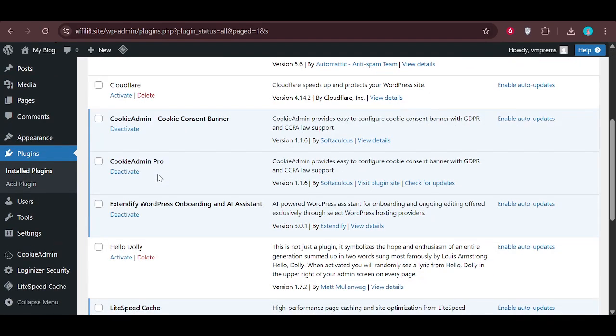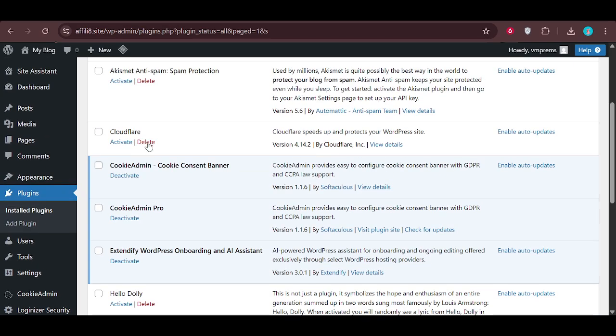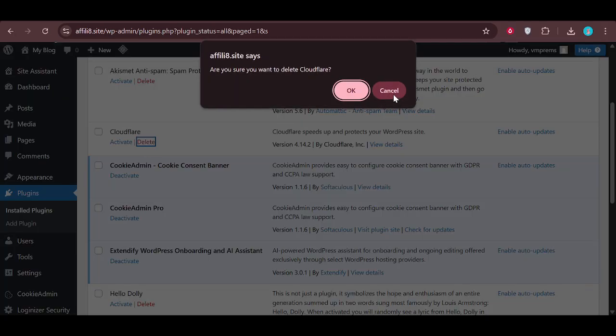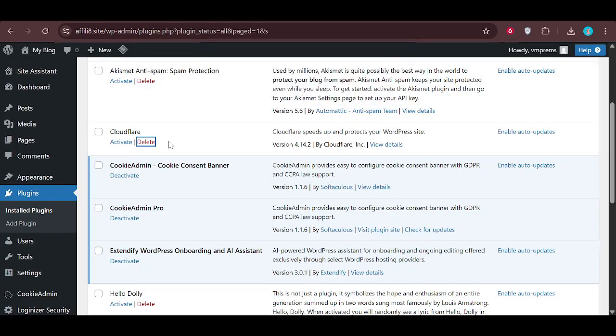Once the plugin is deactivated, a delete link will appear for that same plugin. Click Delete to remove the Cloudflare plugin files from your WordPress installation. Confirm the deletion when prompted. Removing the plugin ensures there's no leftover integration trying to talk to Cloudflare after you've paused it on the account